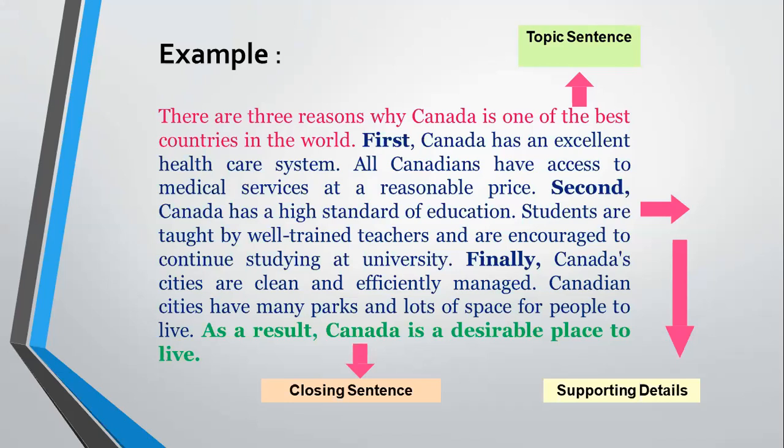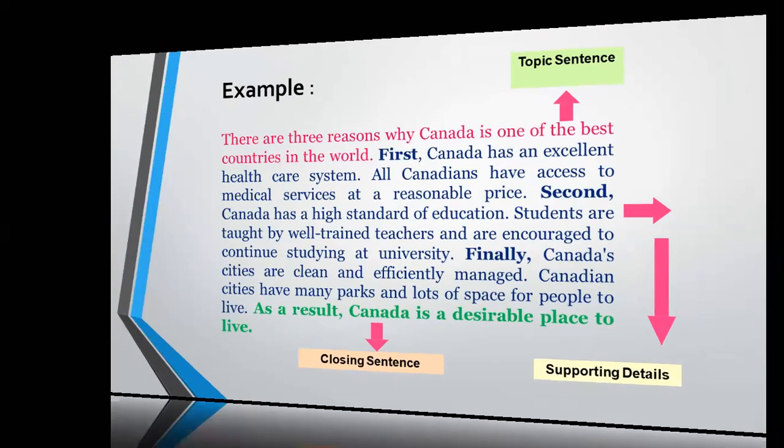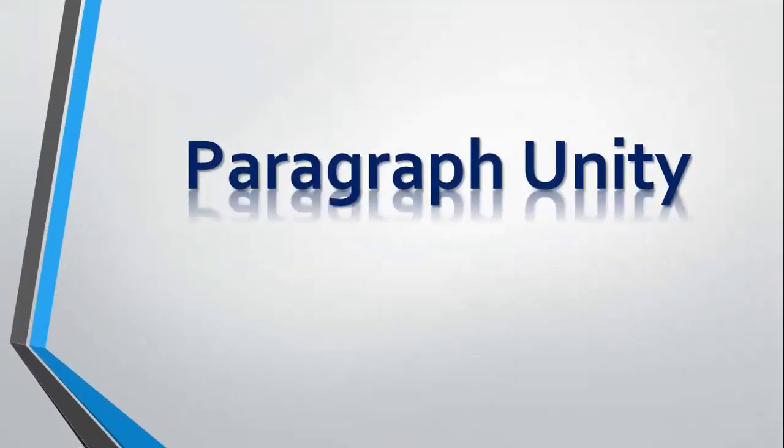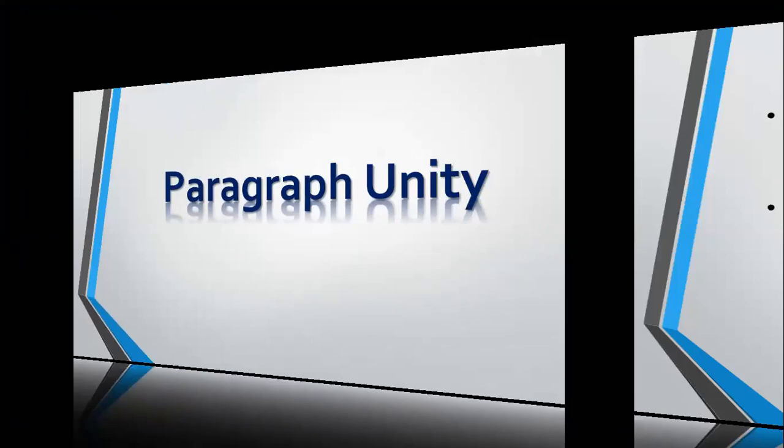The last idea is the cities, how clean they are, and just more explanation for this topic. The first sentence is the topic, the last sentence is the closing. In the middle, it's the juicy layer, the part that we said in the beginning, the layer of the sandwich that has all the details. The paragraph unity, in a simple way,